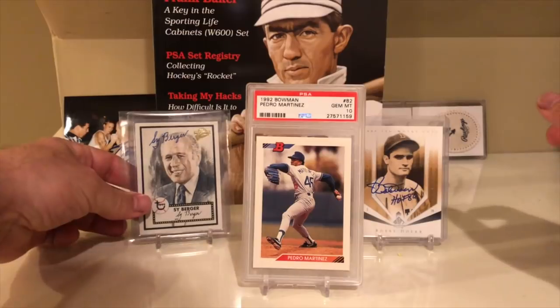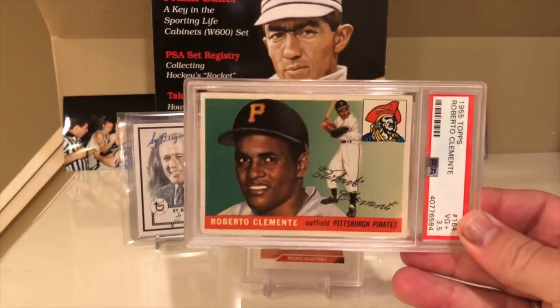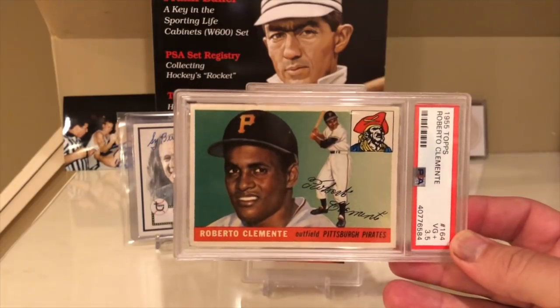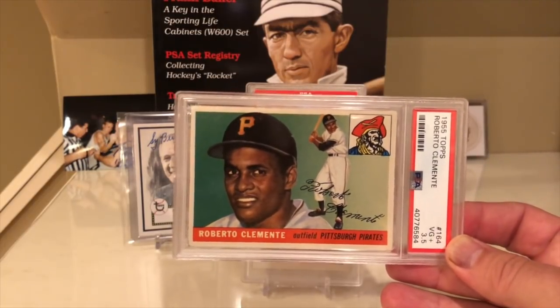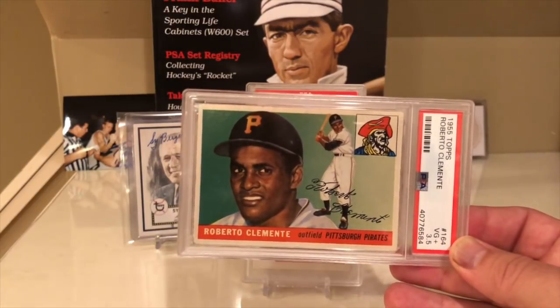So there you have it. So at number 2, and maybe the reason why you clicked on this video, the final 2 cards. Here it is. Without further ado, the 1955 Topps Roberto Clemente. Now this is a PSA 3.5, but